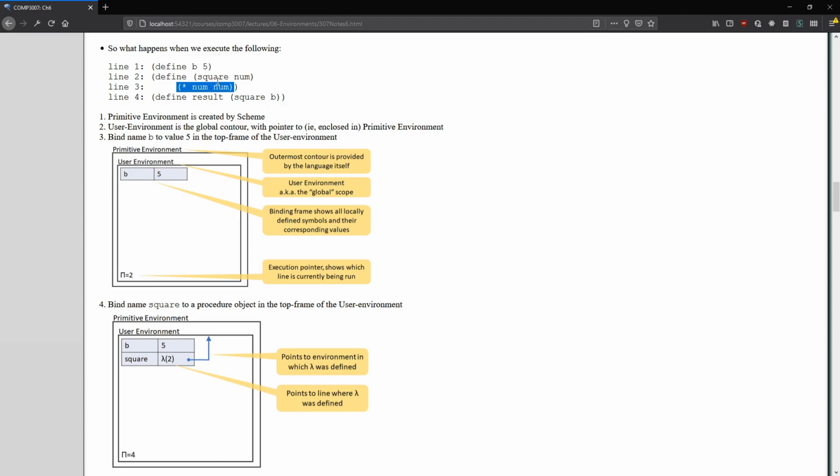Now, in addition to storing a binding between the name and the lambda, or the parameters and body of the function, we also need to know the reference pointer for that function. This will become difficult and important later on, but for now it's simple and somewhat useless. So for now, just create a pointer, essentially an arrow, to the scope in which that binding was created. Since this binding was created in the global scope, so the define actually occurred in the global scope, this pointer points to the global